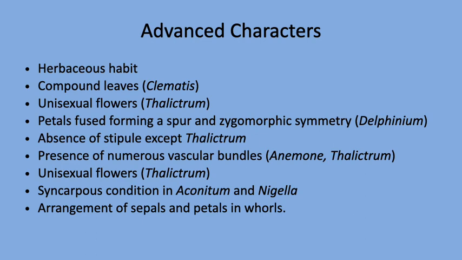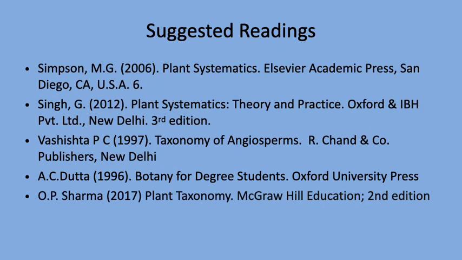Absence of stipules except thalictrum. Presence of numerous vascular bundles, anemone and thalictrum. Unisexual flowers, thalictrum example. Syncarpous condition in Aconitum and Nigella. Otherwise, you see apocarpous condition in this family. Arrangement of sepals and petals in whorls. Now, the study the